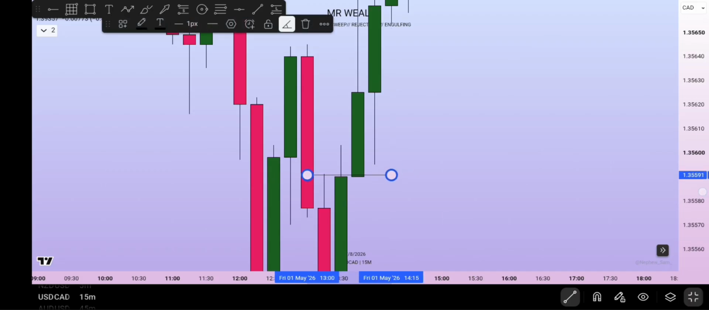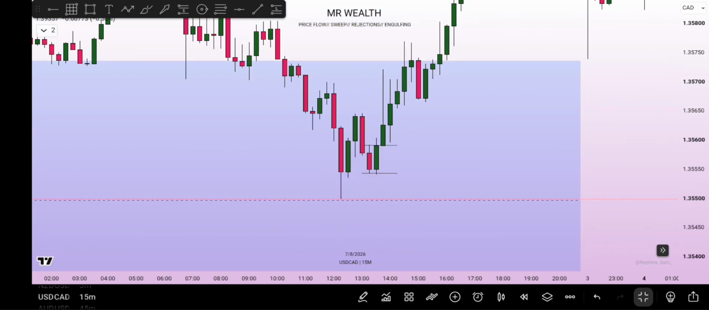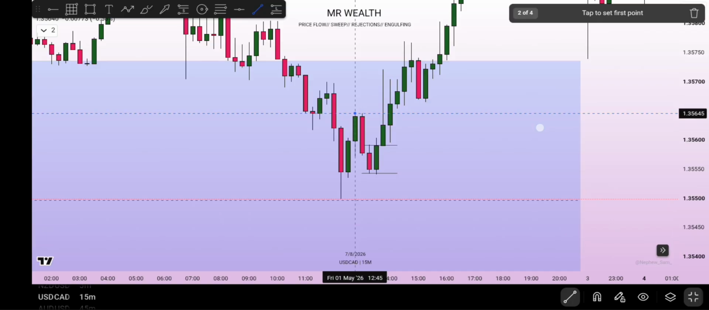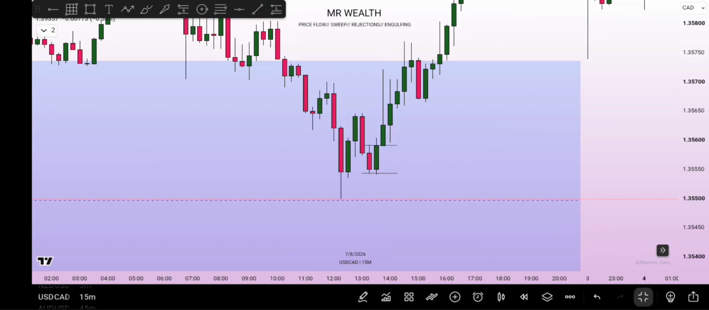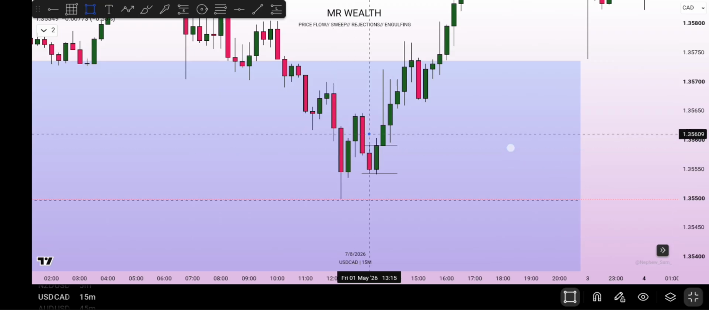So you don't need to be looking for your entry down there again. It depends on you, if you don't want to get a missed entry. You can just say, okay, since it failed to break this guy before, it's rejecting, before this candle is rejecting,